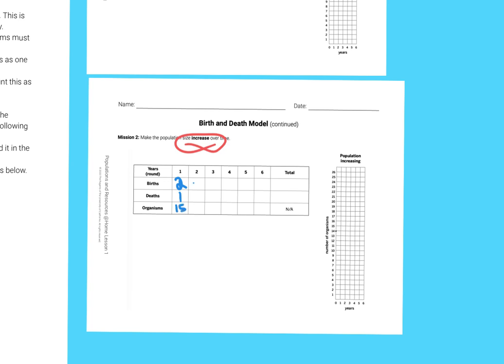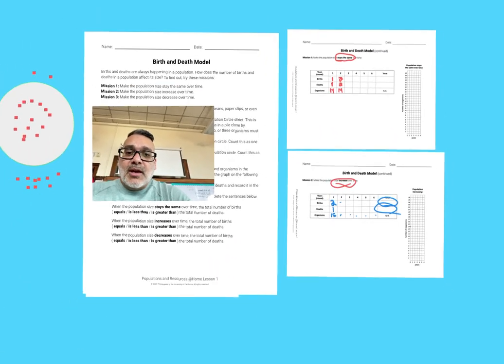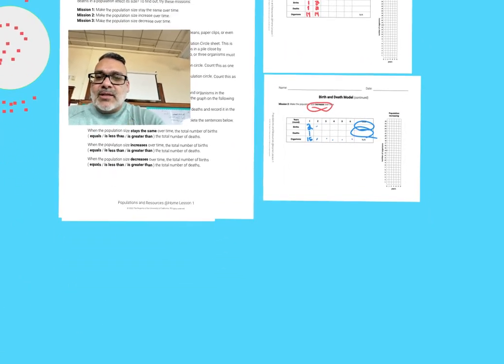And then the second year, how many births and deaths? Remember, I can have up to 3 births and up to 3 deaths. So I want my population to increase over time. Then you're going to put your totals of births and your totals of deaths here, and then I should see this number increasing. And then for mission number 3, which I have hiding somewhere down here,